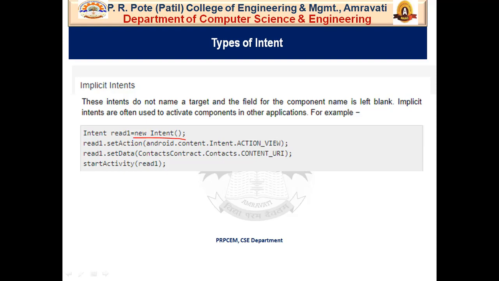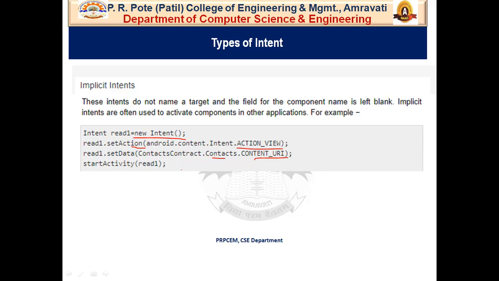We set the new action that I want to open, action view. This is the new action. That means I want to open action view, and my data is contact, that is contact underscore URI, and I start this intent. This would also result in a similar result.